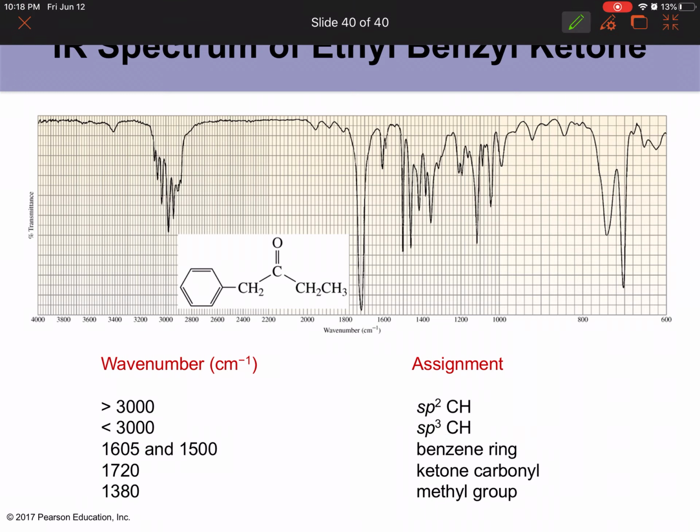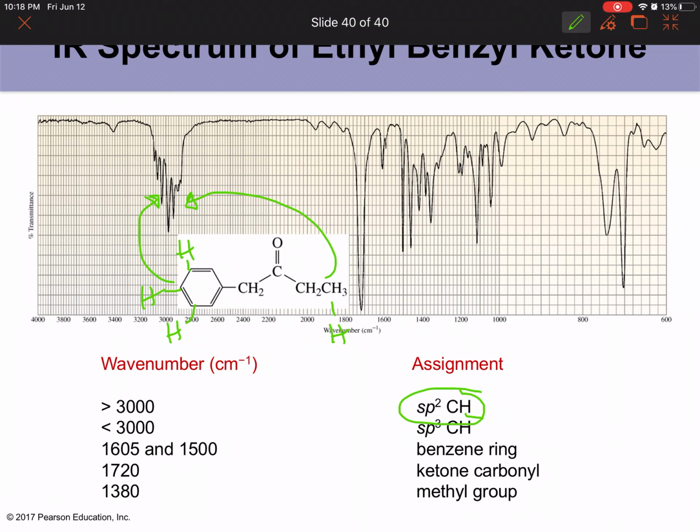So what are those peaks? These carbon-hydrogens occur here, and those hydrogens are the sp2 carbon-hydrogens. These are the peaks. Okay,